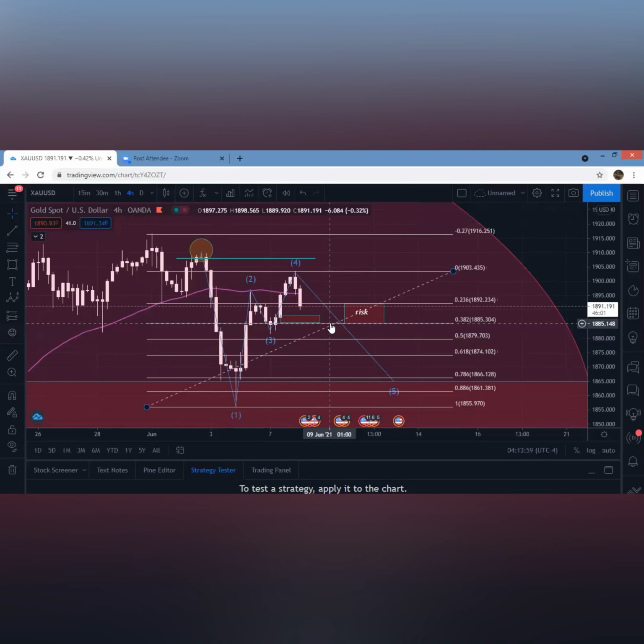So what I like to do is just to be sure and to make sure I'm entering into a risk-free trade, which I'm all about risk-free trading. I like to wait for price to come down and pass 38.2 and close. So I'm looking for this candlestick to close past 38.2. Once this candlestick closes past 38.2, my target is always, 100% of the time,